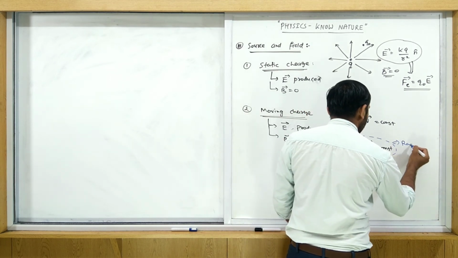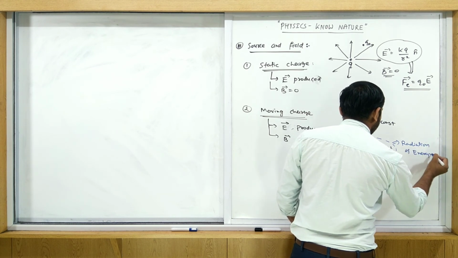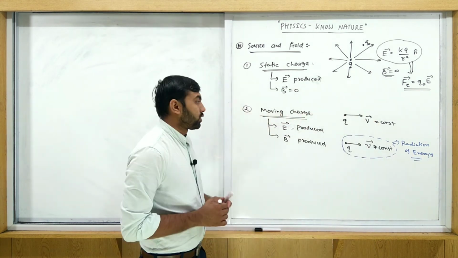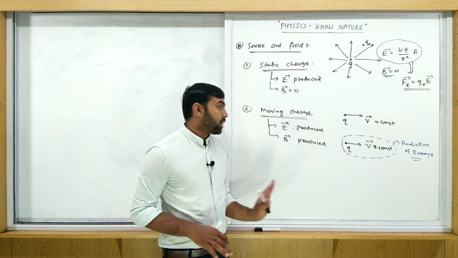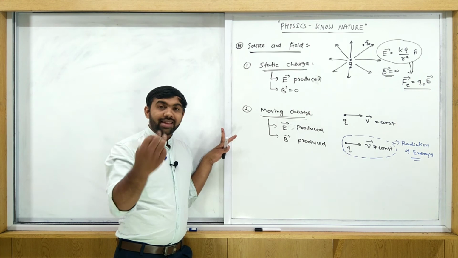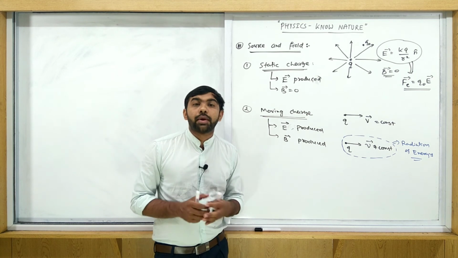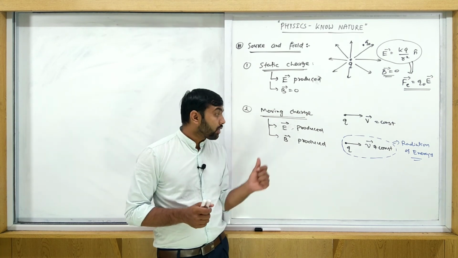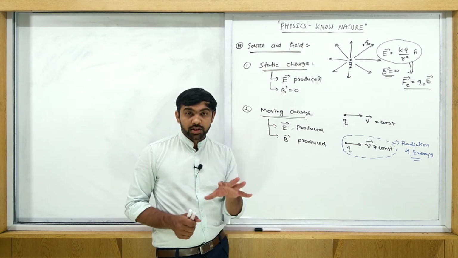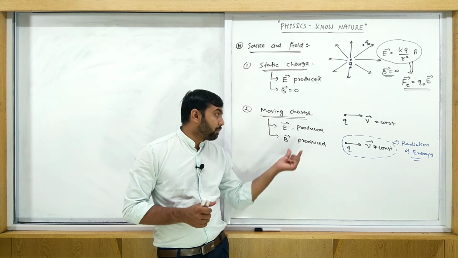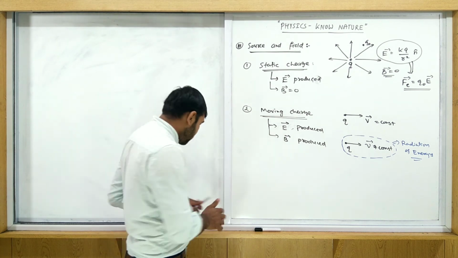So here, radiation of energy is an additional case, but in this chapter we limit our theory up to this. So when a moving charge is given, some magnetic field and some electric field are produced. It means some force is applied. In this case, if V is 0, magnetic field is 0. It means whatever force is produced by the magnetic field depends on the velocity of the charge. So you consider this type of situation.